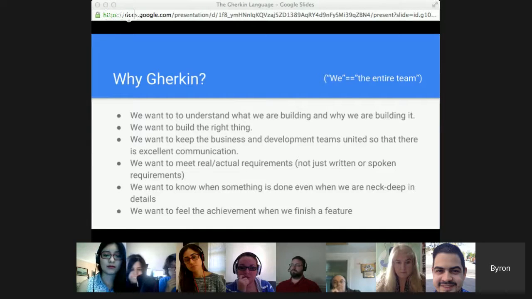So what is Gherkin? Well, hang on a second. You're rushing me. First, what is acceptance criteria? Anybody want to tell me what acceptance criteria is? Quick summary. Maybe the conditions that satisfy what is accepted by the final client or user. Okay, that's great. A definition of done. Okay.